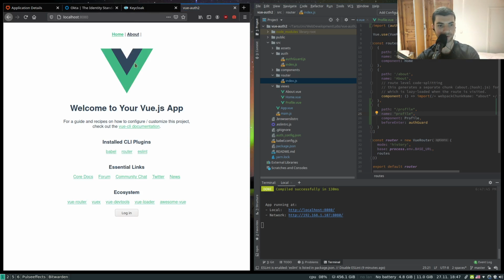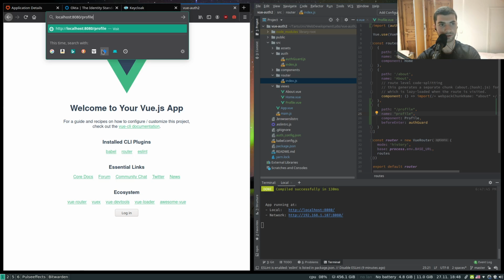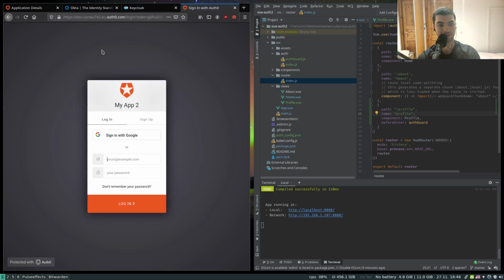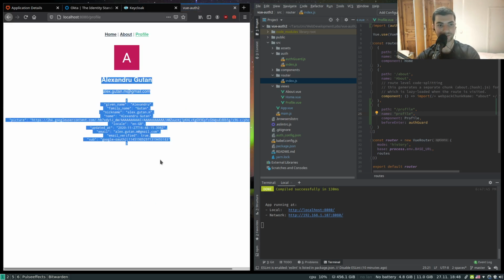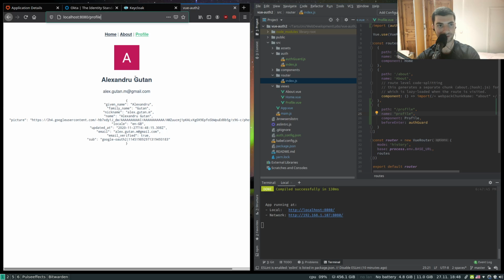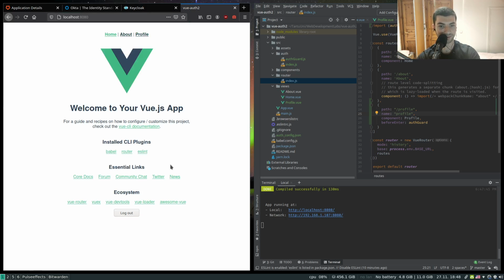Okay, so I believe I'm not authenticated. Let me go to localhost 8080. Okay, so I'm prompted to log in. So if I go to profile, basically it will not display the component, but instead it will redirect me to the login page, which I can use to log in, and now I will be successfully redirected to the profile. Okay, so this is basically